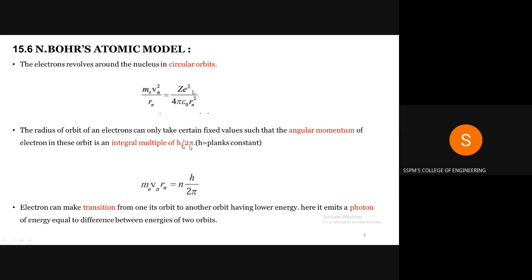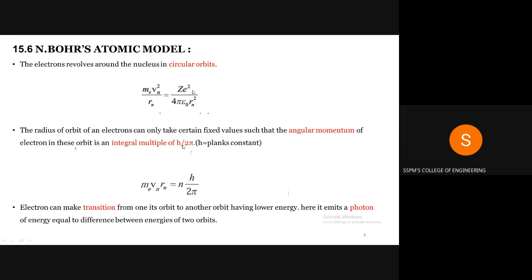Electrons can revolve in those stationary orbits, where the angular momentum of an electron is nh upon 2 pi, an integral multiple of h upon 2 pi. You have to remember all these